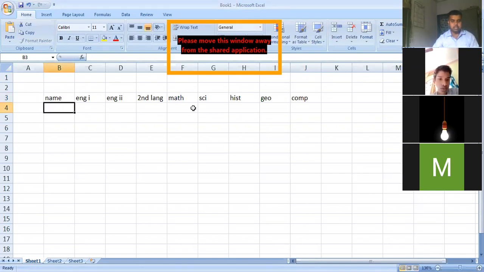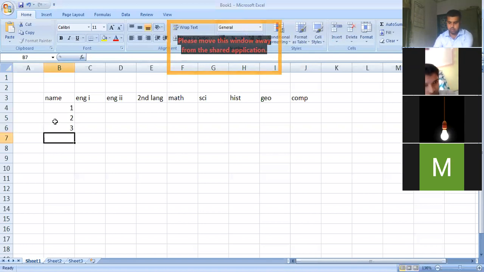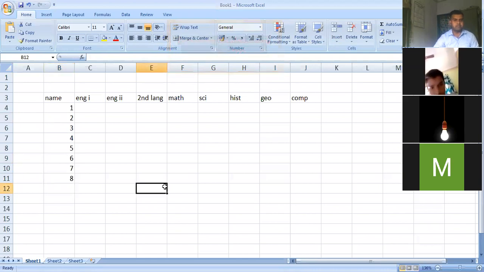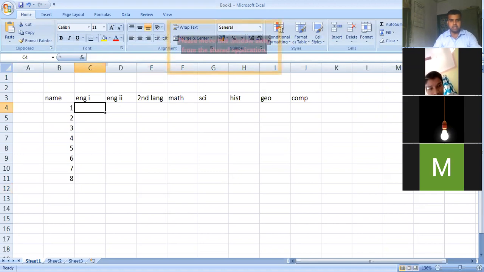I'm just numbering it: student 1, student 2, student 3, student 4, student 5, student 6, student 7, student 8. These are the names of the students, and I am entering certain marks for each one of them. So let's say 35.